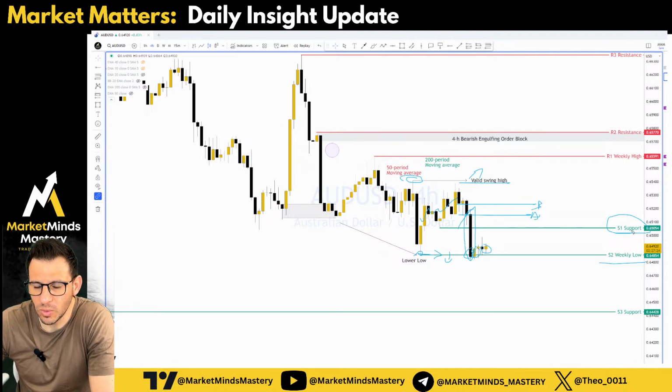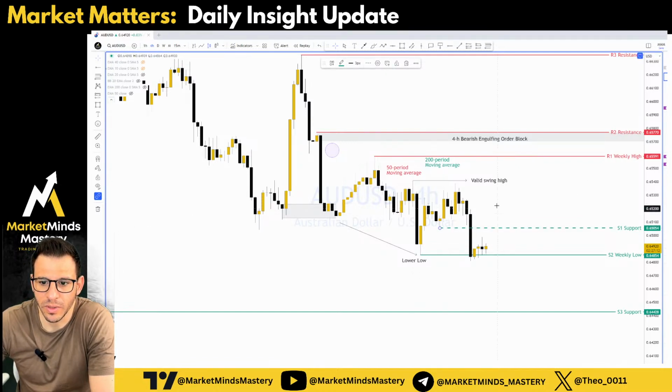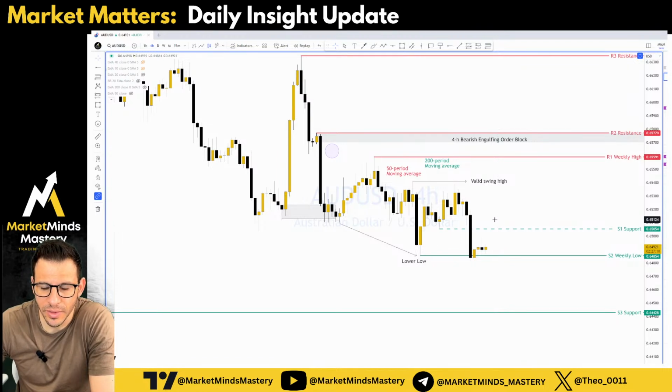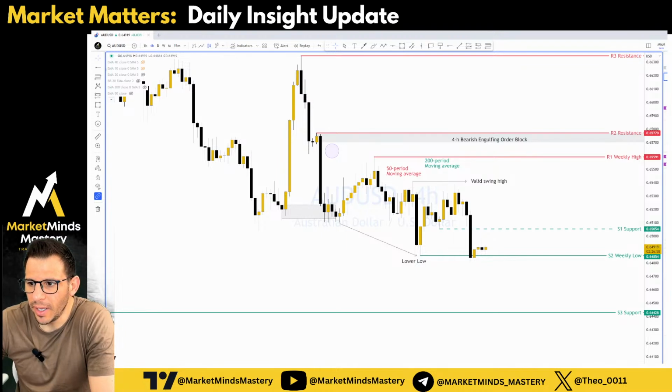This previous S1 support, after being broken by the price, will become resistance. This one here, so let's put it with dashed lines. So if the price continuously moves upward, then this is going to be an area to look for some rejections. Another